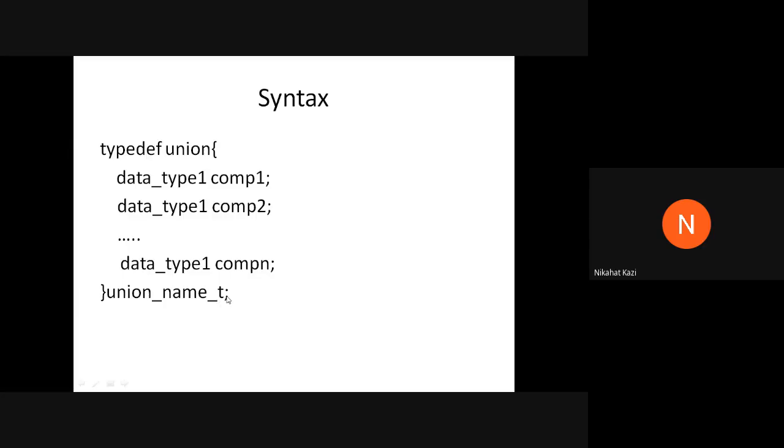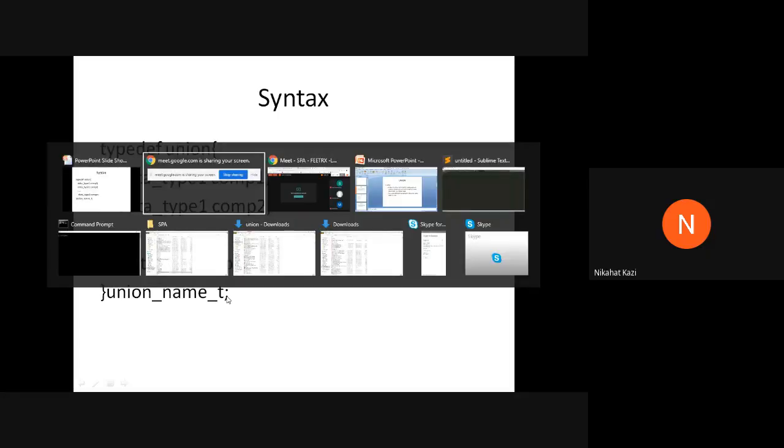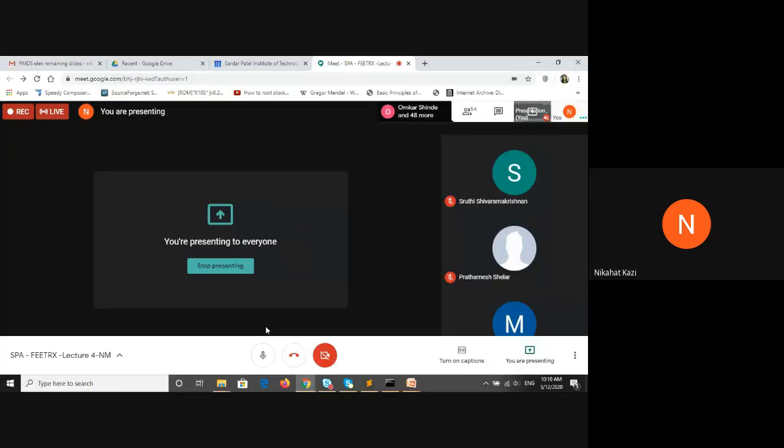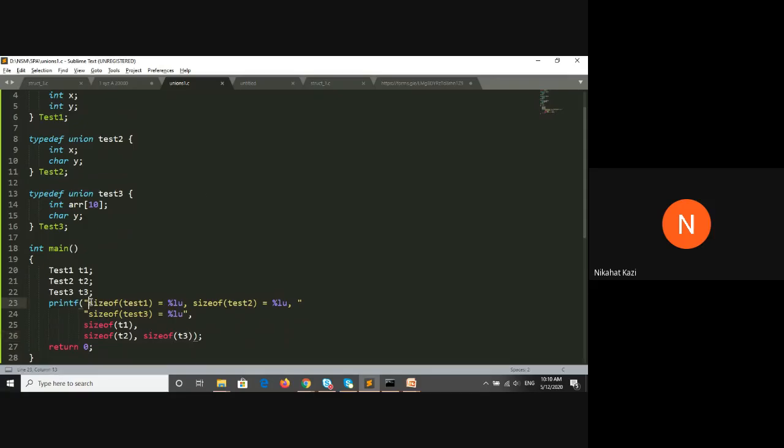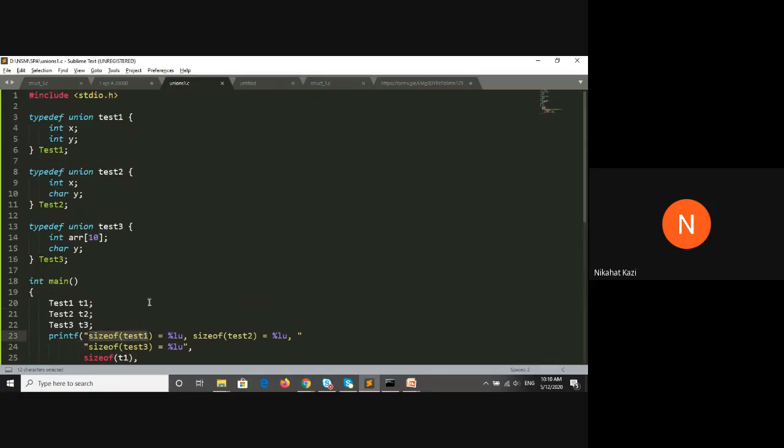Let us see what I meant by the earlier statement. To understand the total size of any type or variable, we can use the sizeof operator.